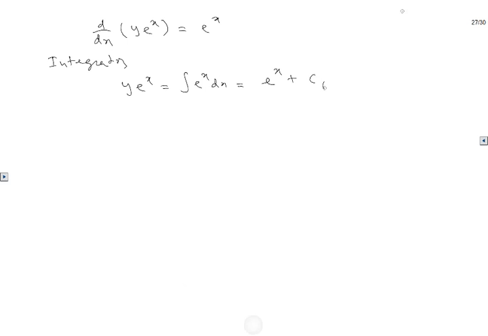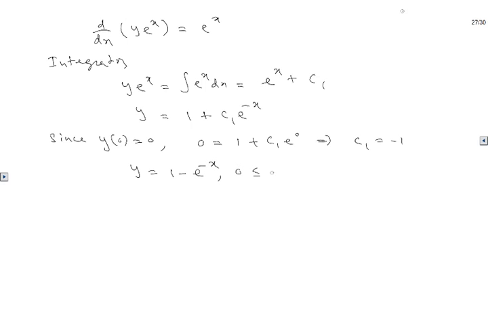If you divide both sides by e^x, you get y equals 1 plus c1 e to the negative x. Now we know the initial condition. Since y(0) equals 0, we have 0 equals 1 plus c1 e to the 0. This gives c1 equal negative 1. So your solution is y equals 1 minus e to the negative x